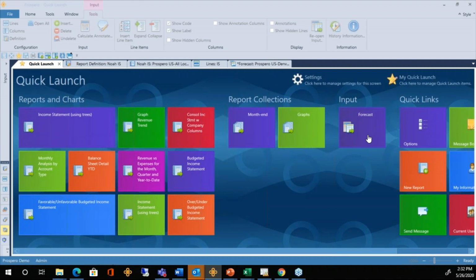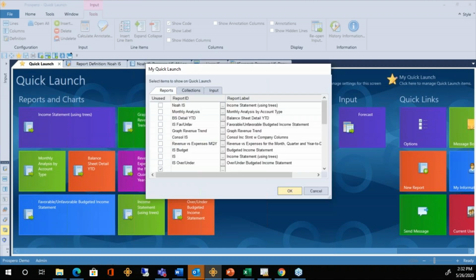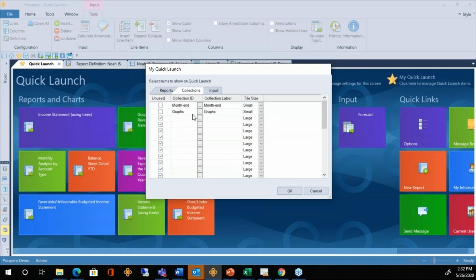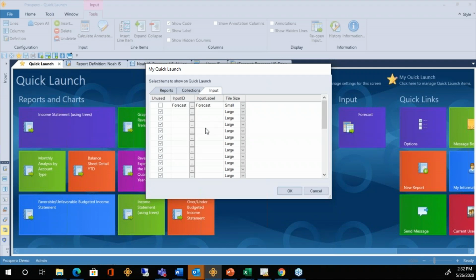So your individual users can come in here, update their list of what should be listed on their quick launch window. They pick all their reports. They pick any collections that they want to get to, and their input screens as well. And again, they can only list here the ones that you have given them access to.